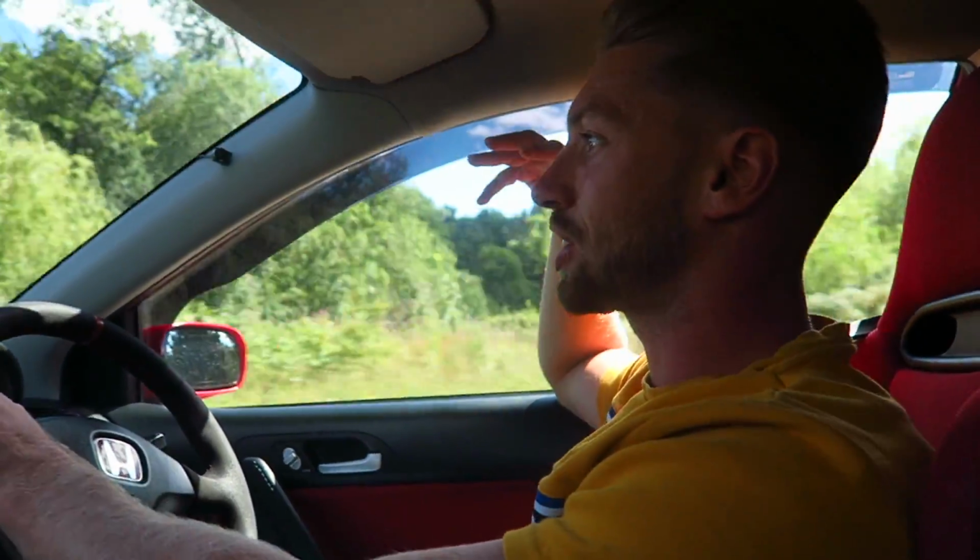But the Evo was set up, well, it's all-wheel drive. If you've got all-wheel drive, you can put all that power down and you have so much more confidence in the corners, where this is just way more terrifying. It puts the power down really well in a straight line, but as soon as you start going around corners, it's...